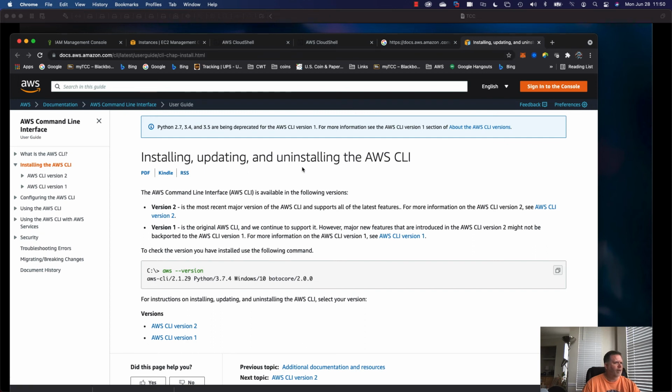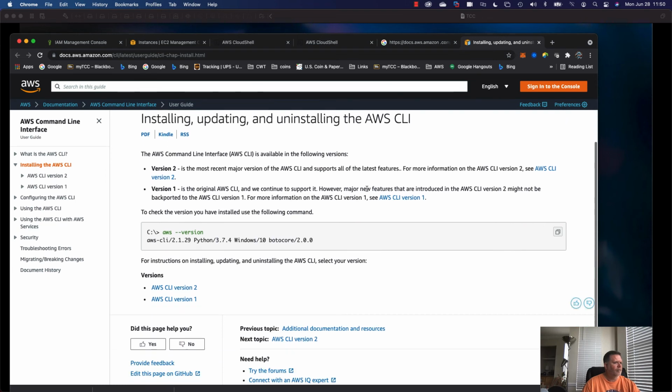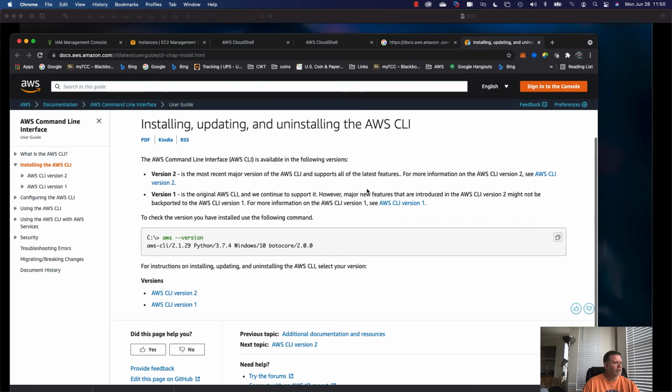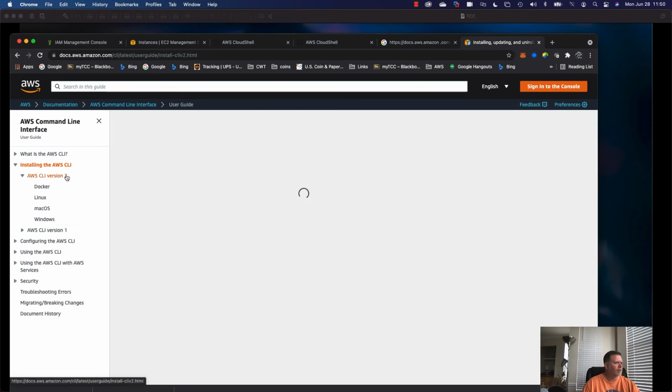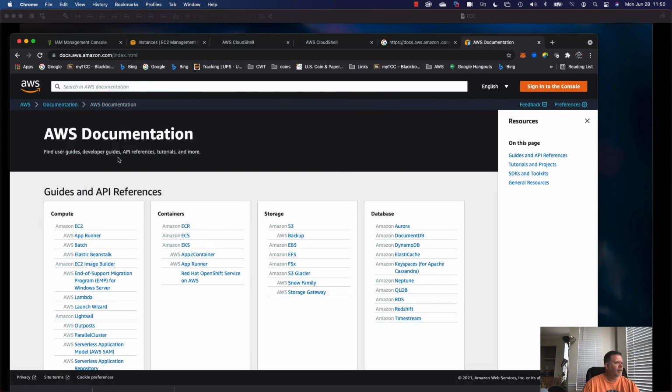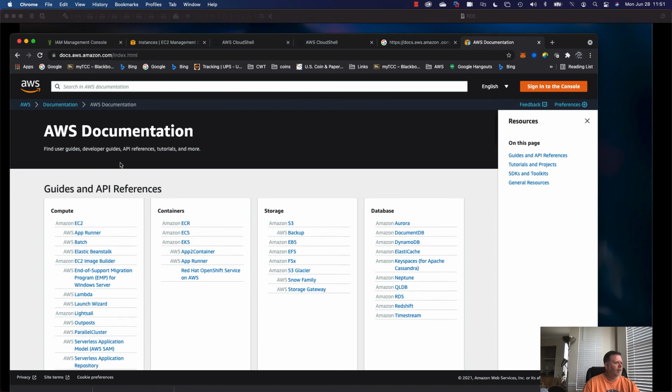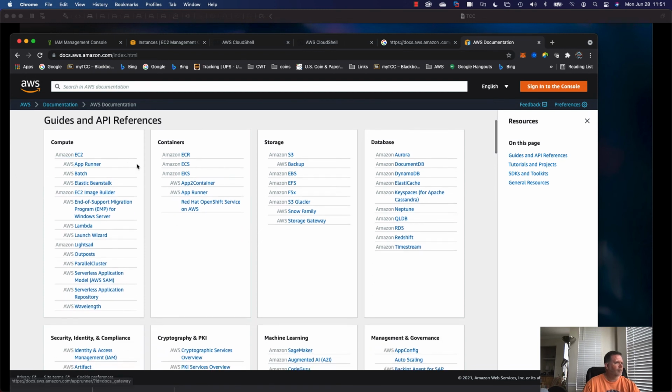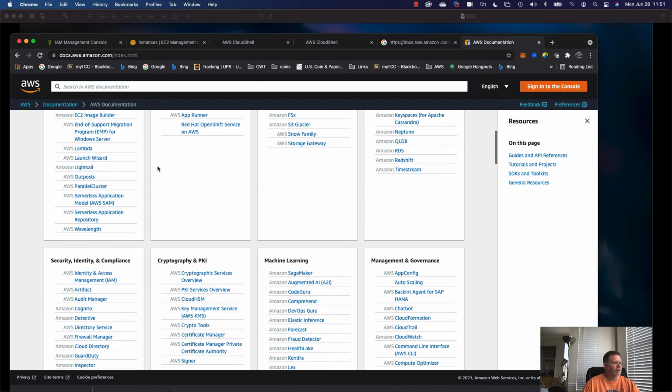It's installing and updating and uninstalling the AWS CLI version 2, right? So you can go to the documents, right? So go to AWS documentation, right? So docs.aws.amazon.com, and then we want to go with